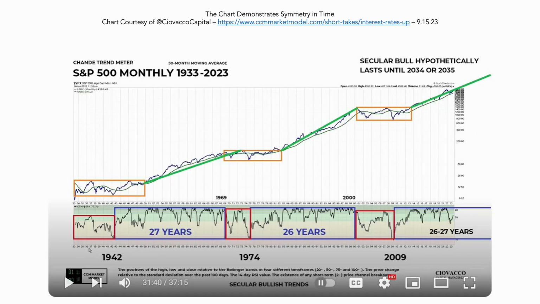I'm not going to comment on this chart because it's 100% hypothetical, suggesting that markets move in equal symmetry in time. I don't always find that to be the case, but I do like the secondary indicator, and I do like the momentum off a majority of the bear markets that we've had since 1987, for example. Anyways, this is a treat. I don't normally share other people's work, but I've listened to this guy, and he's got a process, and we got to respect it.